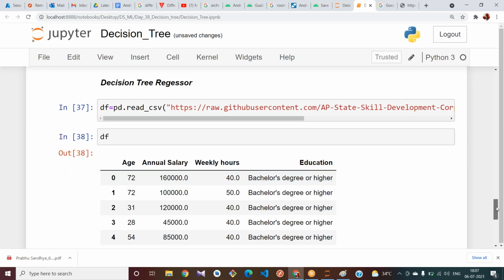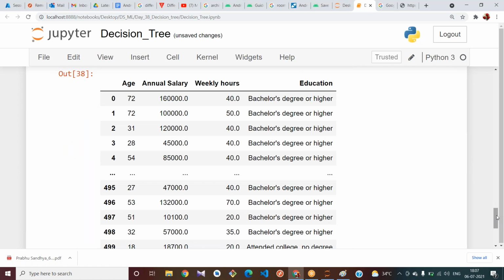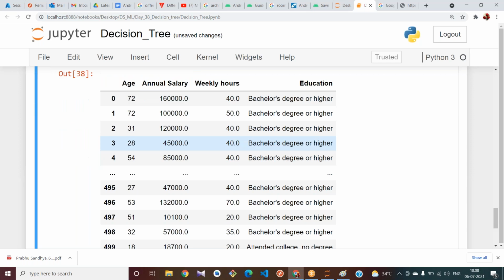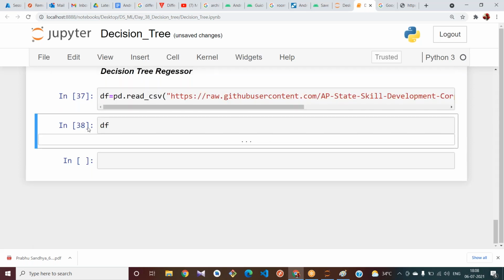What might be the output column? Please tell me, for the random forest regression. In this particular data set, which column can we take as the output column?